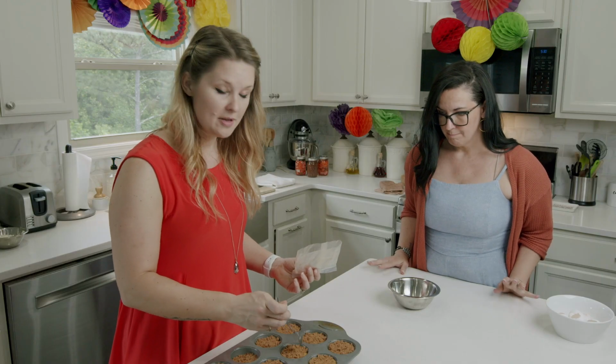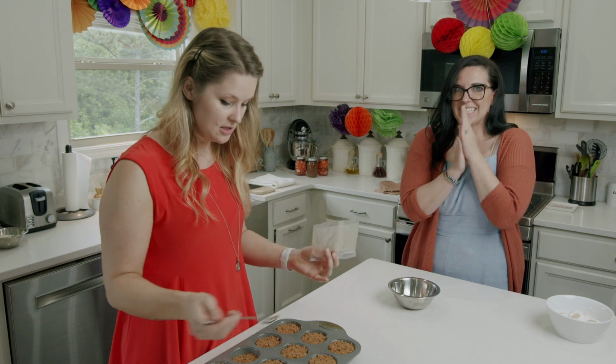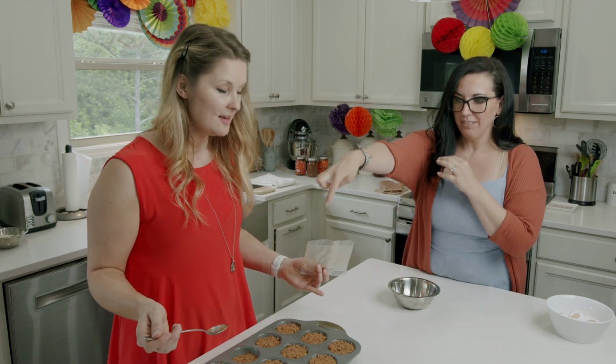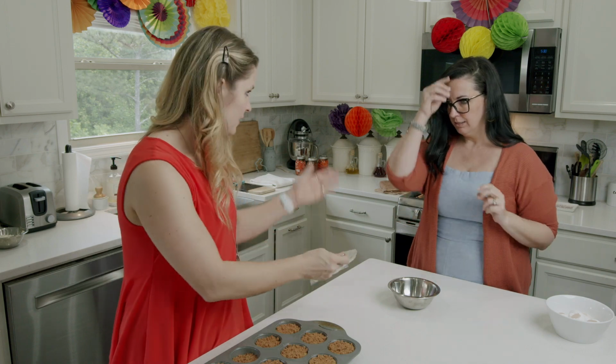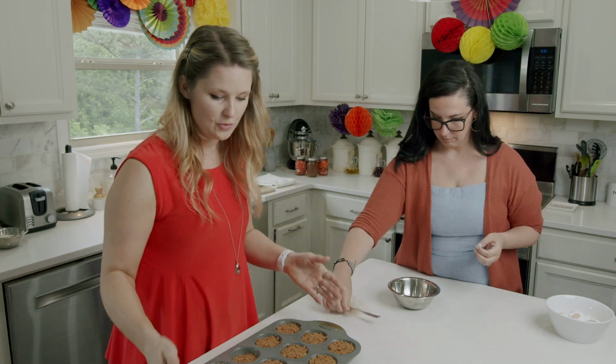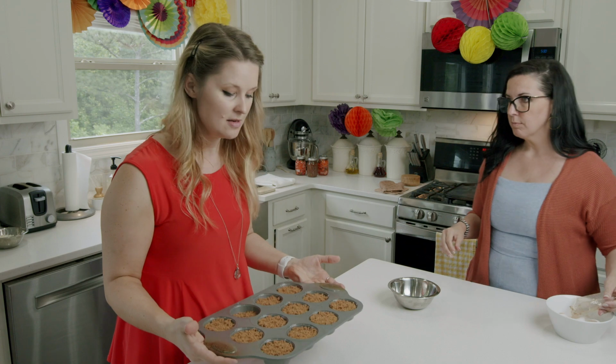We have all of our cinnamon now distributed on top of all of our muffins. I like that one, right? Even the little baby one. That's my favorite. So now we have our oven, again, preheated to 350, and we're going to pop these in